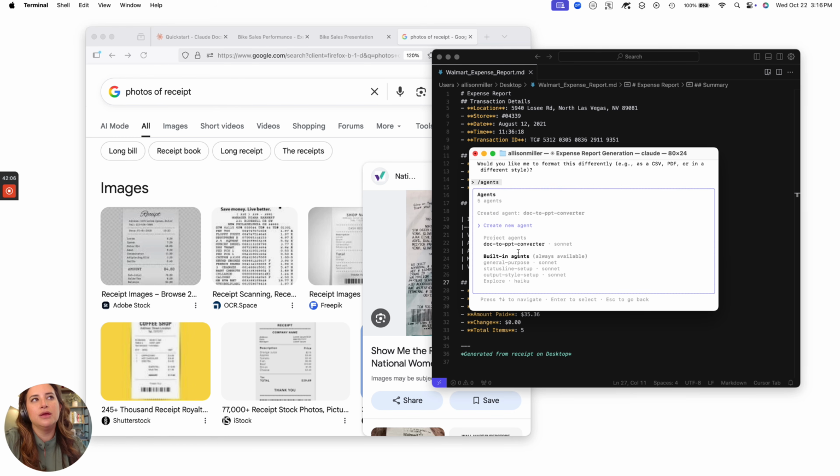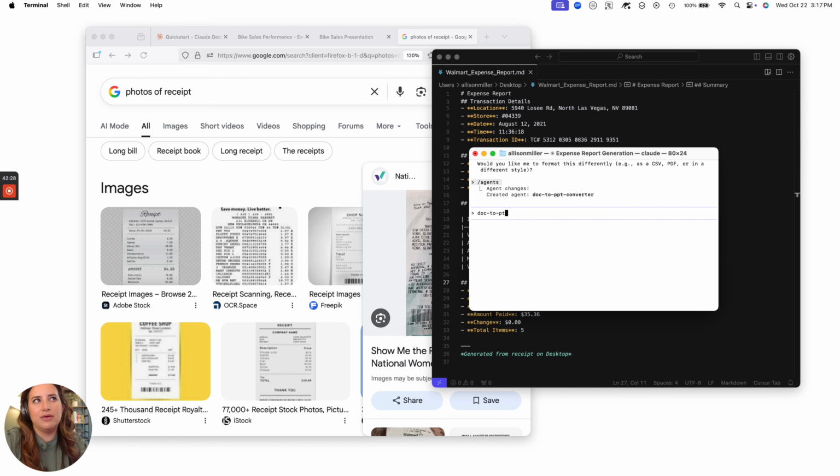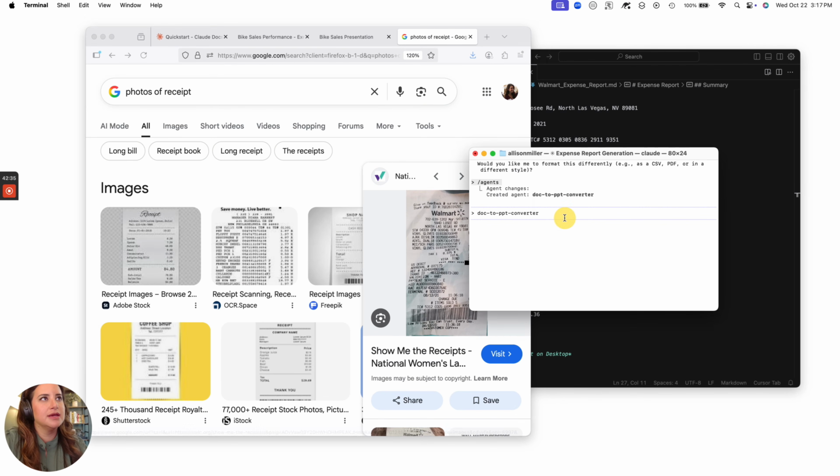We're just going to say, yep. So now I have saved it. So you can see that in agents, I just created this doc to PowerPoint converter. Boom. Great. So now I can hit escape. It'll show me that I've created that document. And then I can say like doc to PowerPoint converter. And any document on my